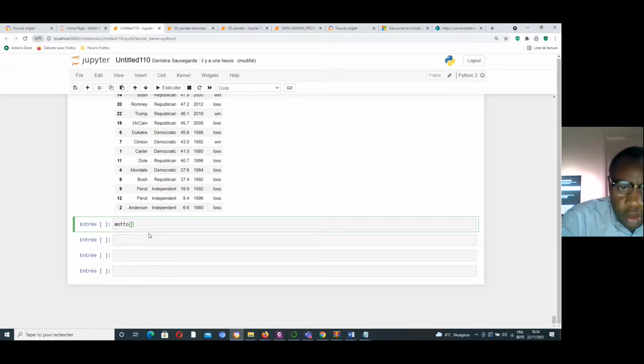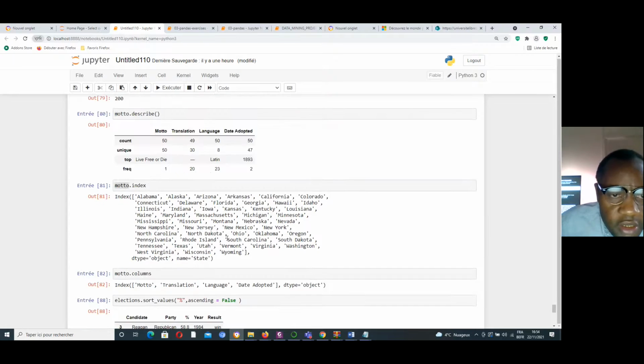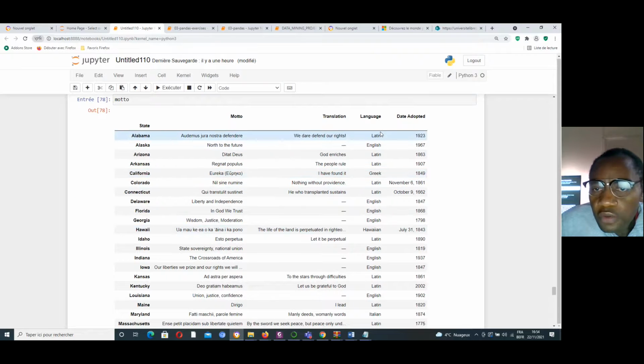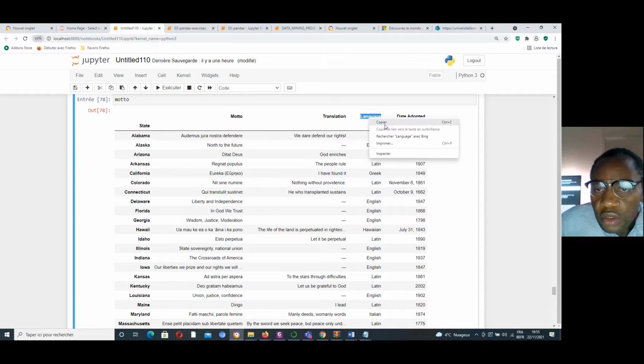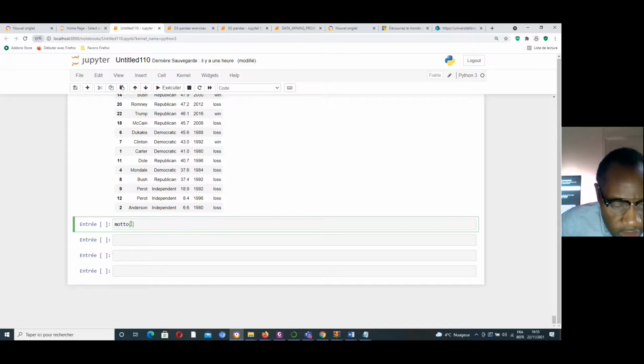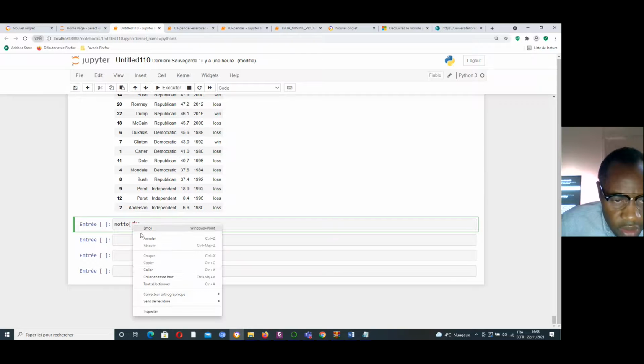If I select a random column, for example the language, it is a string.